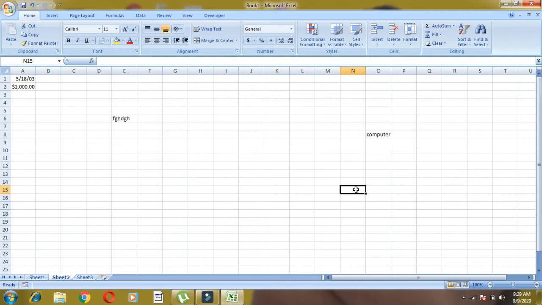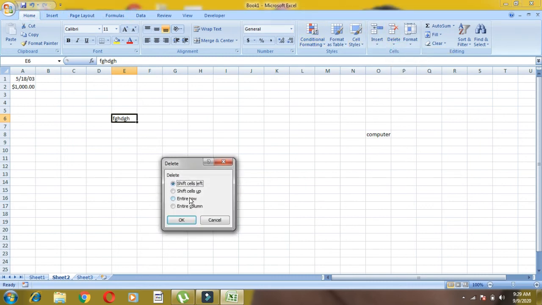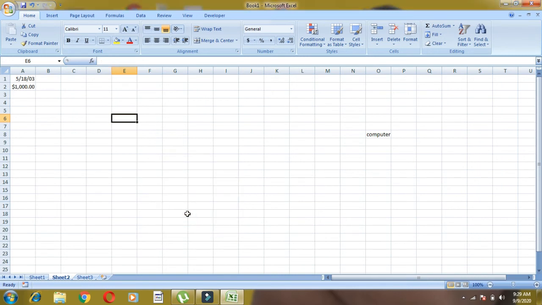Deleting cell, children, we can even delete the cell also. At that time I showed you deleting cell, deleting row, deleting columns. The home tab, then the cells group, the delete option is there, you can go there. Delete cells left, delete cells right, delete entire row, entire columns. So all these options you get inside the home tab cells group. From there we can delete the cell, row and columns.